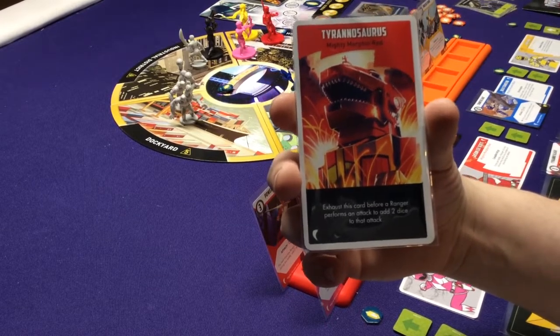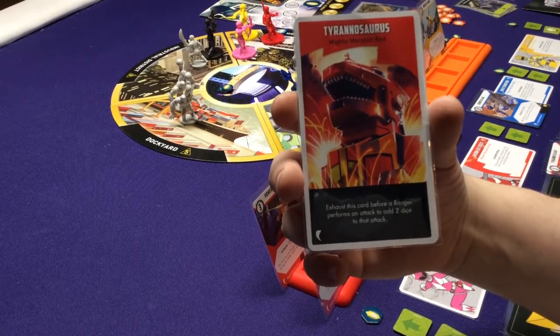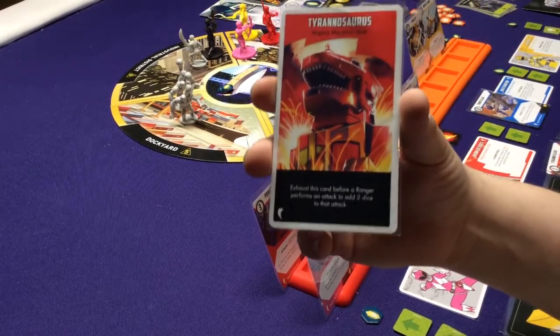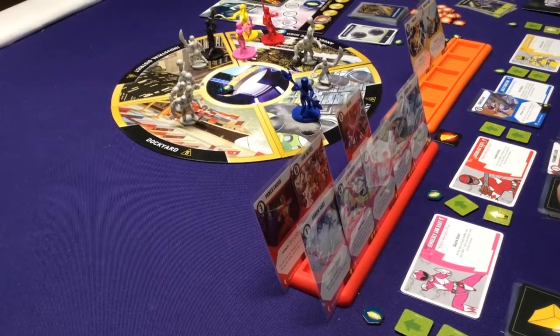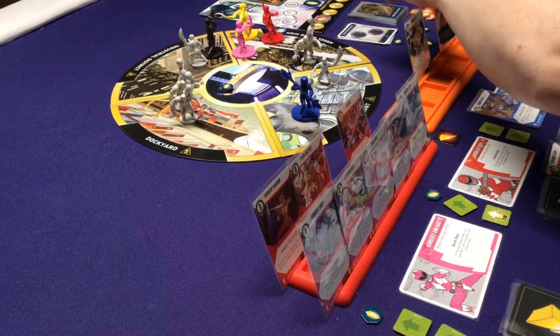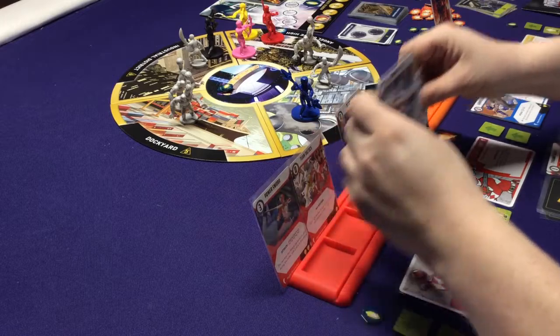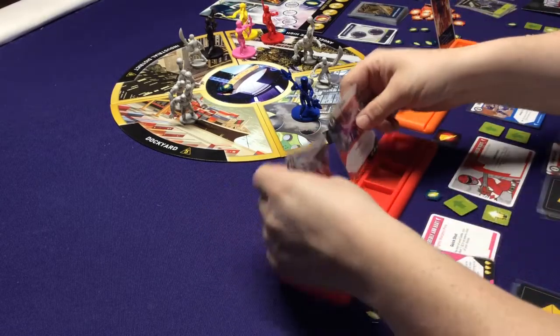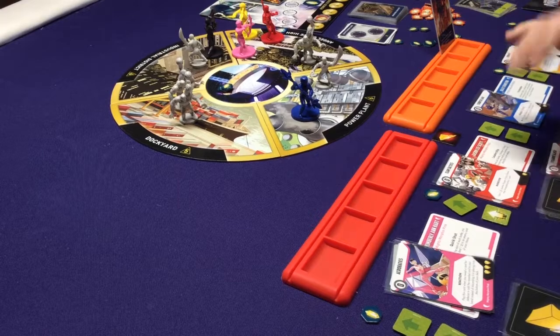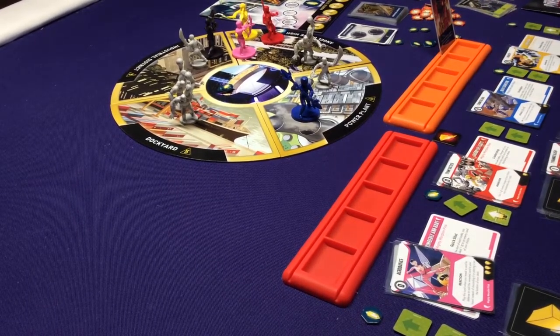And then they can use their Zord during their turn. So this says, Tyrannosaurus. Exhaust this card before a Ranger performs an attack to add 2 dice to that attack. What's nice about the Zords versus the character abilities is the Zords can be used to help out anybody. They don't have to be in that exact zone. Alright, so that is the end of that round. Now, I still have action...